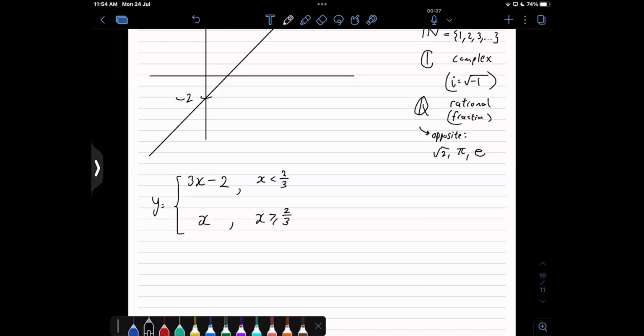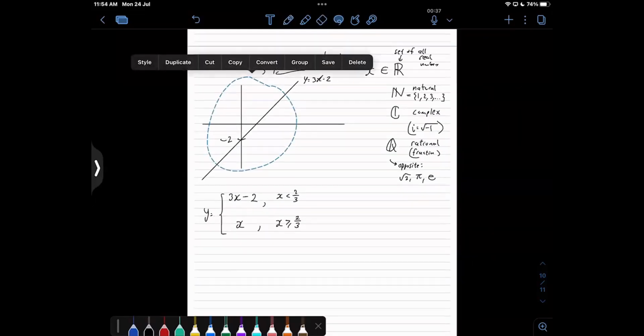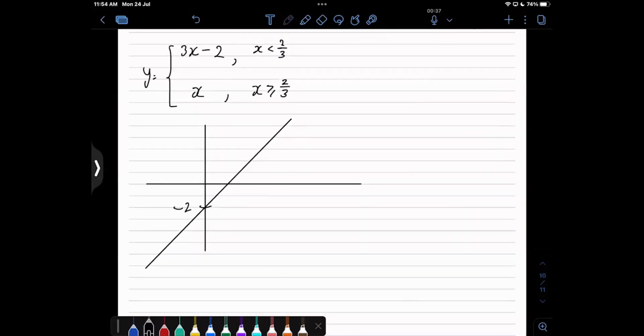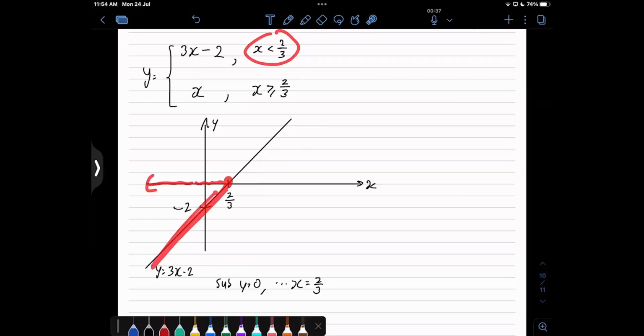How does that work? That means that you have to copy the exact same graph as before. Sorry, I didn't draw my x and y axis. Let me do that. Okay, but you realize that this point here is 2 over 3, right? Agree or not? This is y equals to 3x minus 2, sub y equal to 0. Yeah, y equals 0, x equals to 2 over 3. But here it says x less than 2 over 3. So that means x is 2 over 3 and all the way towards the left, you just draw the original